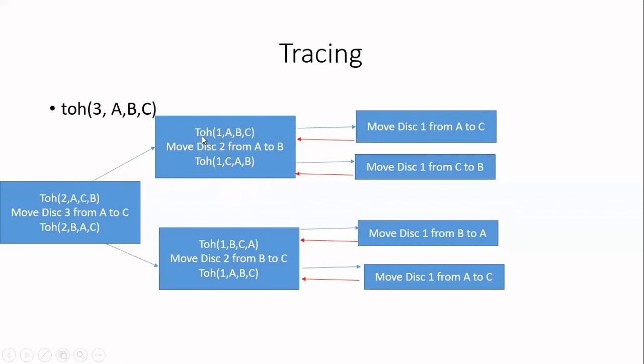Now, what will happen here? In this, you have Tower of Hanoi with n as 1. When n is equal to 1, what is your answer? When n is equal to 1, that is the base case. So you will write move disk 1 from source to destination. So here, source is A and destination is C. So you will write move disk 1 from A to C. Then this is also n is 1. So for this also you will have move disk 1 from this source to this destination. Here source is C and destination is B. So you will write that. Now this part is over.